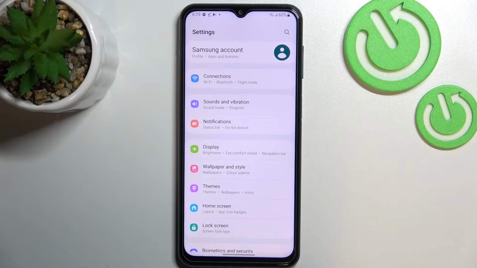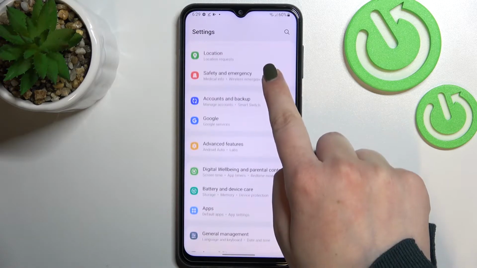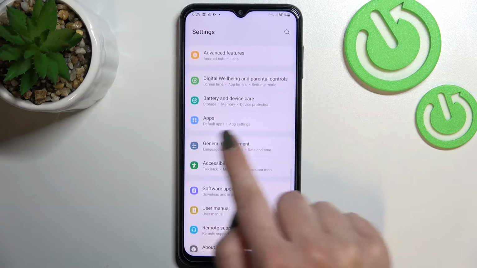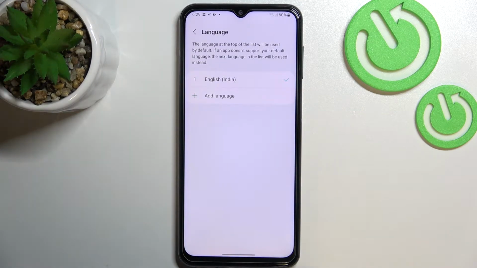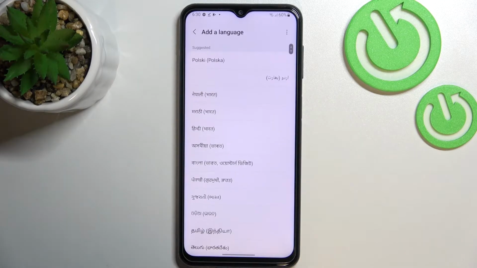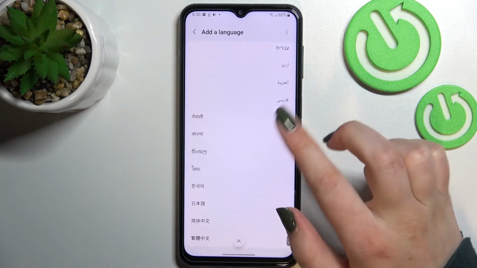So first of all, let's enter the settings, and here we have to scroll down until we find the option General Management. Let's tap. Now let's enter language, and as you can see, this is the list of all previously added languages. We've got only English right now, so simply tap on Add a Language, and here we've been immediately transferred to